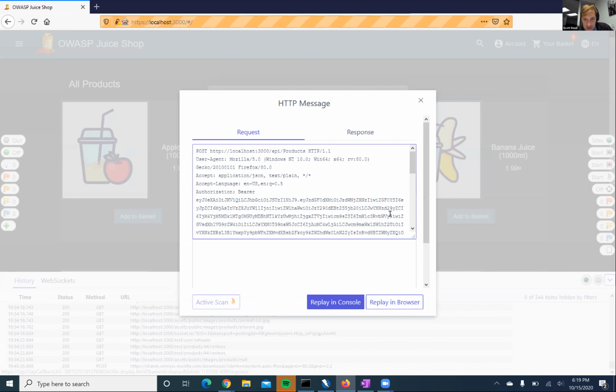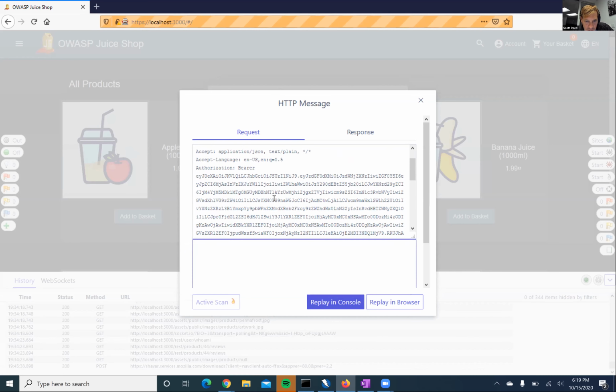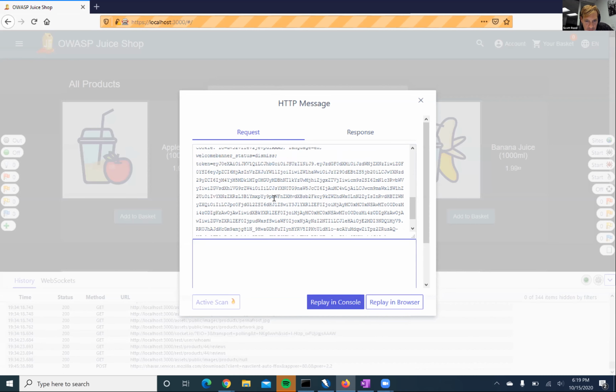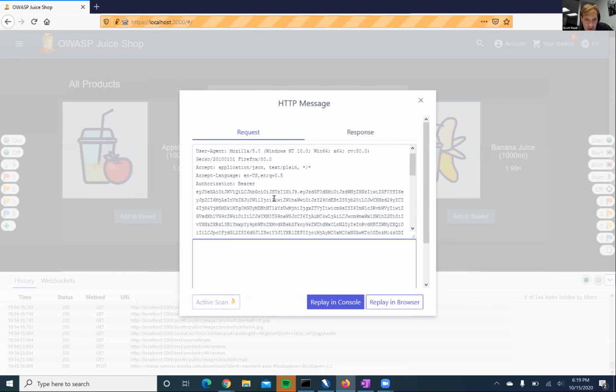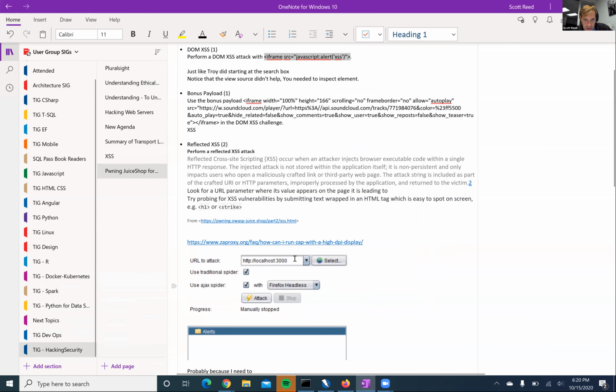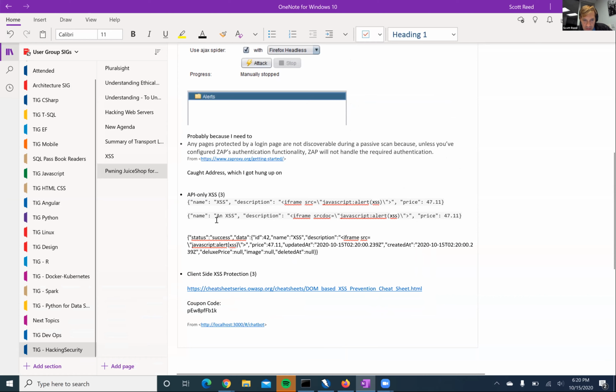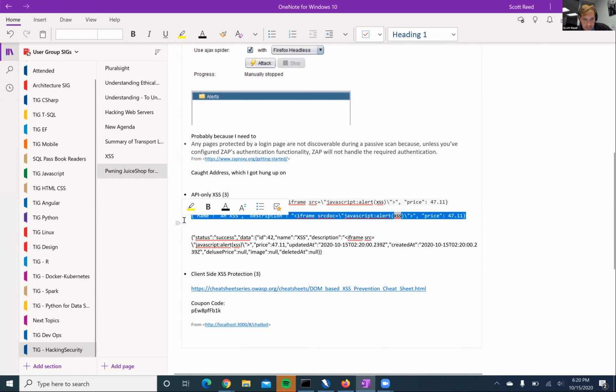And then the payload, you'd have to get rid of, no, it all looks good actually. Yeah. So then the payload was like this one, for example.